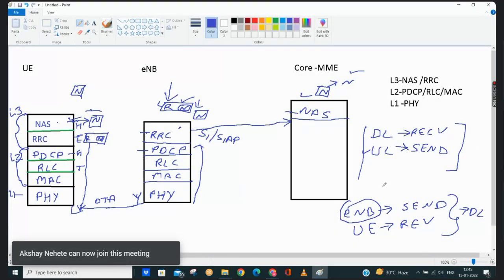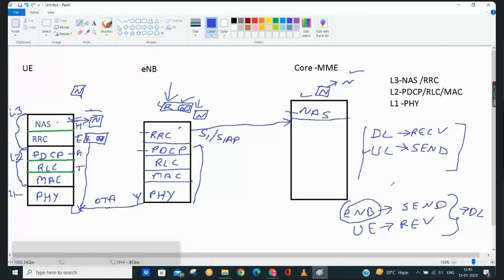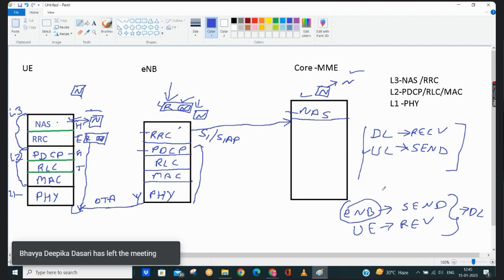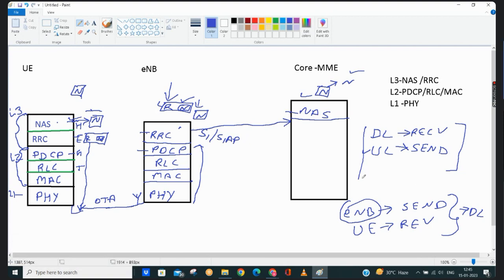But the definition we mentioned above says DL is receiving, so receiving is UE. At that time, eNodeB is the sender. So here eNodeB is sending. In the other case, UE is sending and eNodeB is receiving.